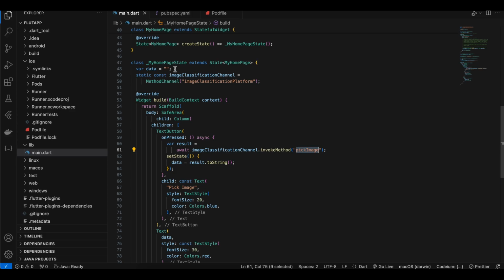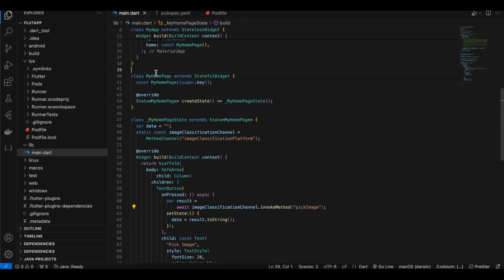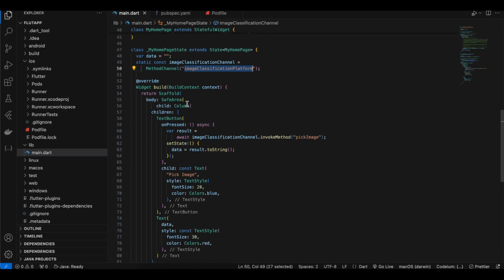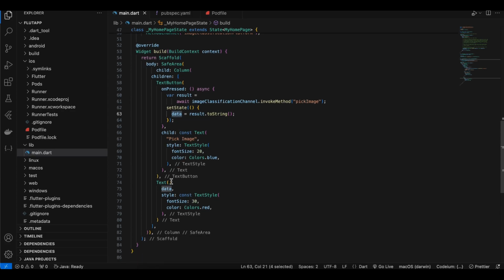Next, here I have created a Flutter project, and I have refactored my homepage widget, which is a stateful widget. I have created a method channel for image classification. Then I have created a column. I have created a text button, and here I'm just invoking a method called pickImage. So we have to write this method on the native side, and here once we get some result, I'm just assigning it to our data variable, and I'm just displaying it inside our text. Okay, once that is done,